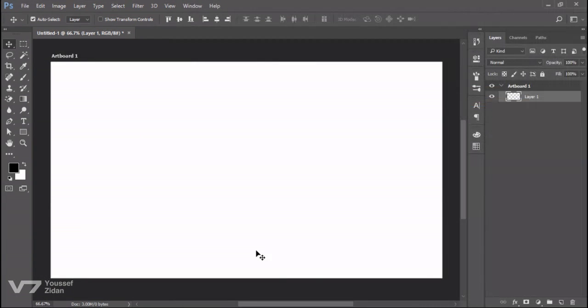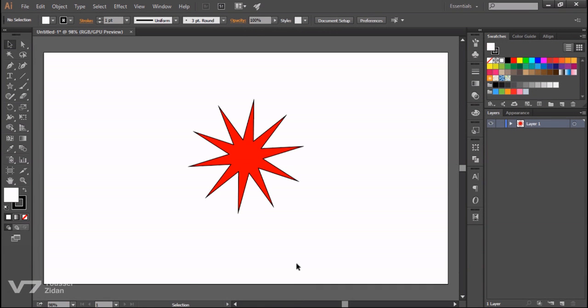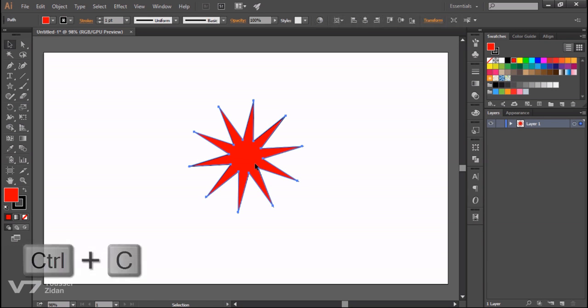There is a great connection among Adobe's software and each other's. One of them is of course between Photoshop and Illustrator. Let's say you are working inside Illustrator and you want to use your design, which in my case is this shape, inside Photoshop. All you need to do is select it, then press Ctrl C to copy and then